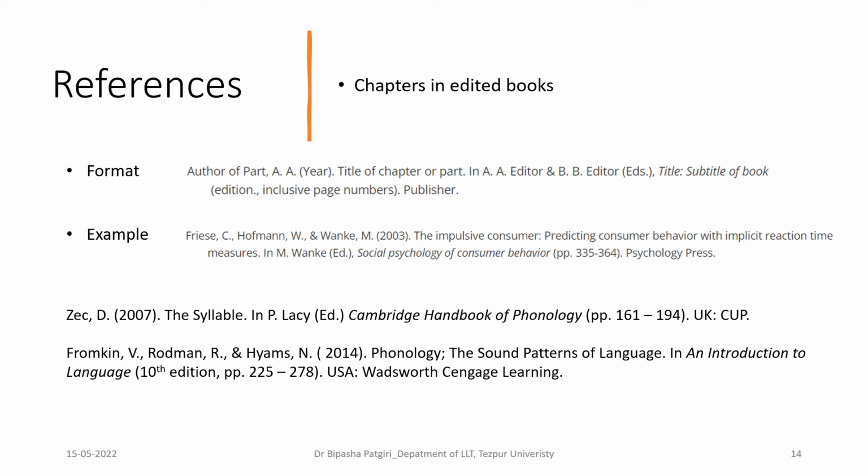You can see that in some entries, you may not get certain information like place of publication and publisher's name. That is all right in the sense that you have to look for them, but you can skip them if you can't get them. But author's name, year of publication, and title of the work are mandatory. In fact, either place of publication or publication house's name, either of them should appear.